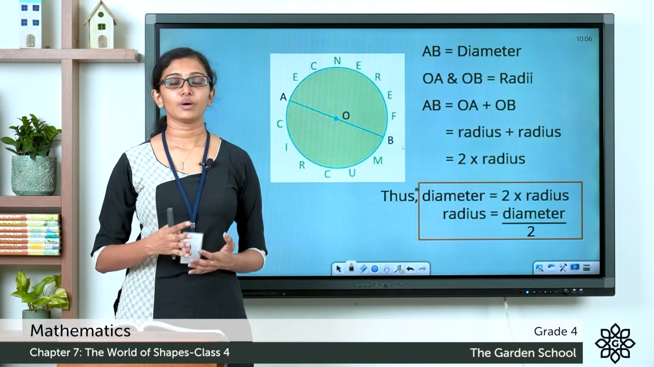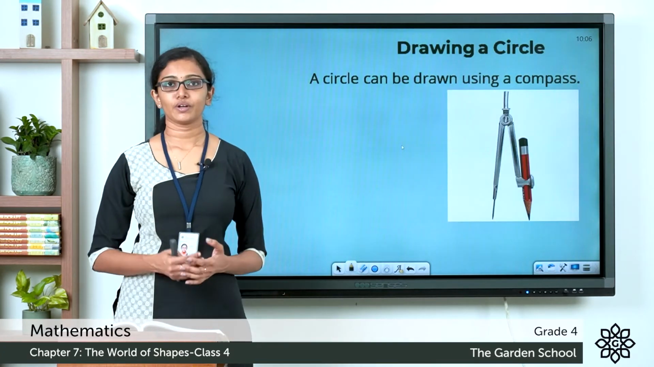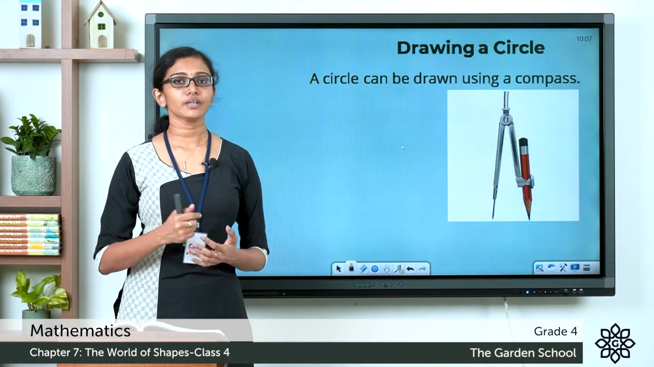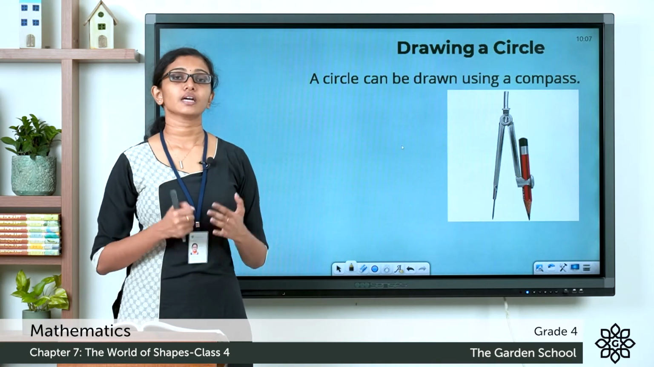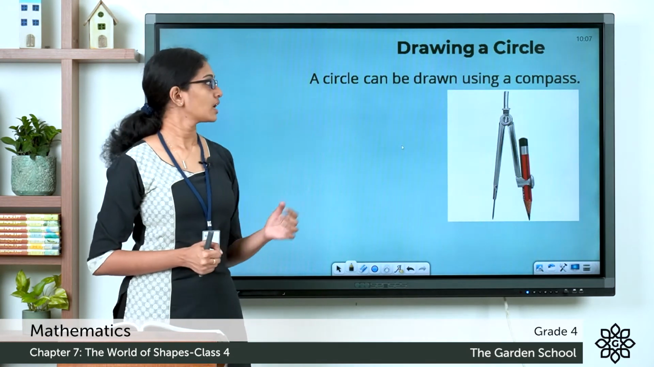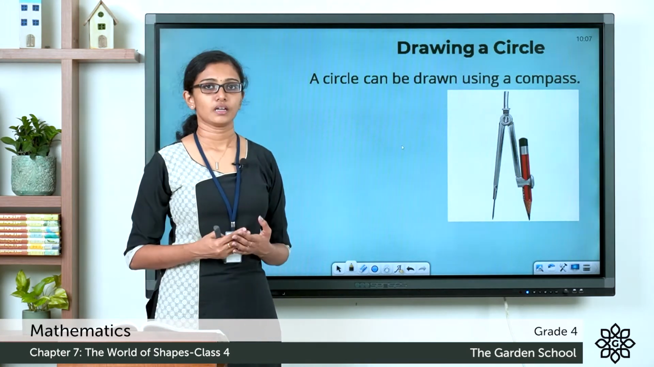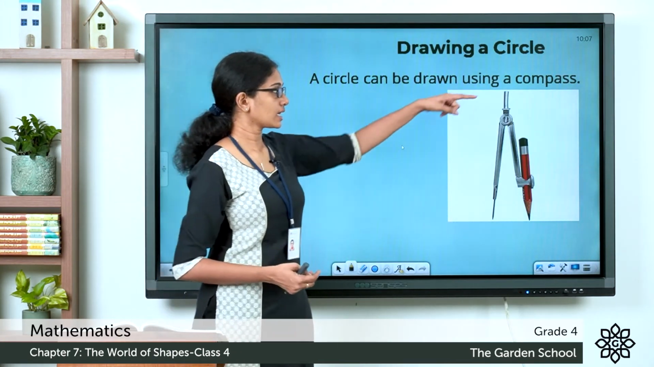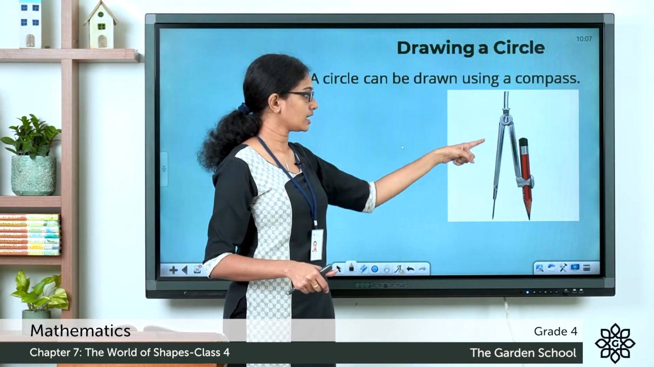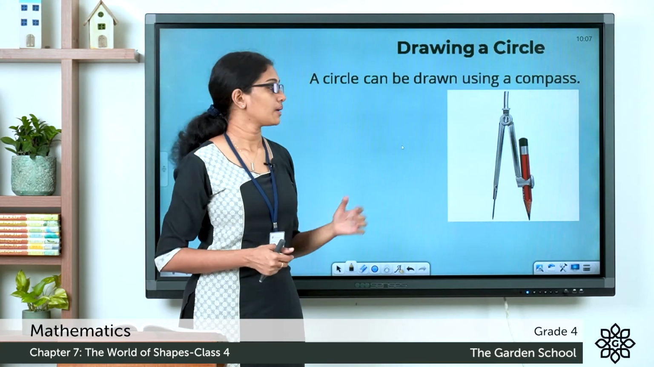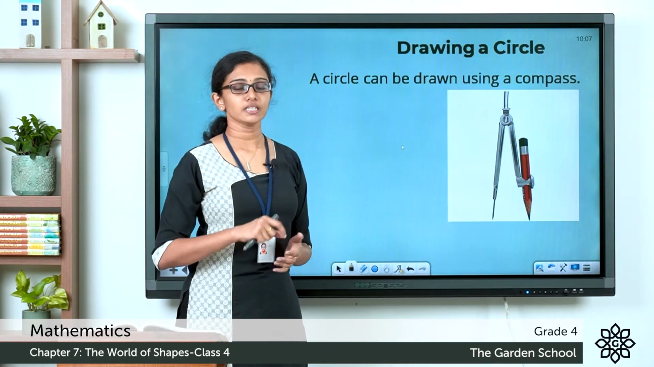Now let's learn how we can draw a perfect circle. I hope you have your geometry box with you. In your geometry box, you can see an instrument like this. It is called the geometry compass. Now you can draw a circle using a compass. It has got different parts. Here is the place where you hold the compass tightly to draw a circle. Here you have a pointed metal end, and here is the place where you fix the pencil to draw the